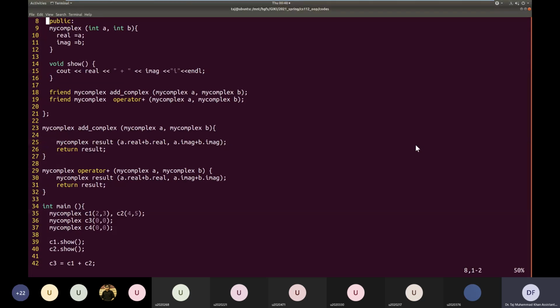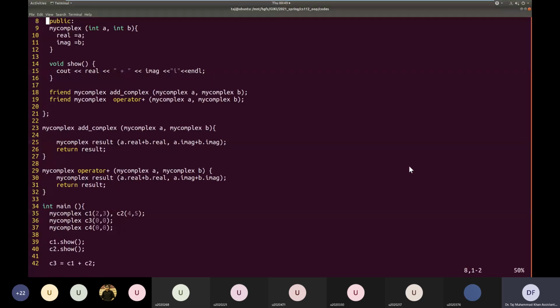So, what if the operator plus declaration comes after main? Would it give a syntax error? Mohammad Fareh, since we have declared it a friend function and that declaration is before the main, defining it after the main is the same as what happened in the last class, as you pointed out. The friend declaration would serve as a declaration for that function. But if the function is not a friend and it's after main, then I think you will have to declare it before main, before using it, if you've not declared it as a friend already. So if you make the function friend of the class, very good, thank you, I forgot that.